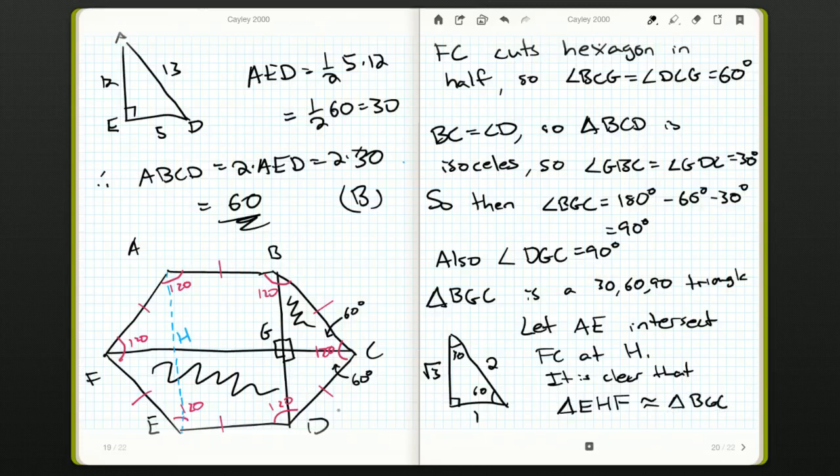Okay. So if we drop this diagonal here, it's going to hit FC at